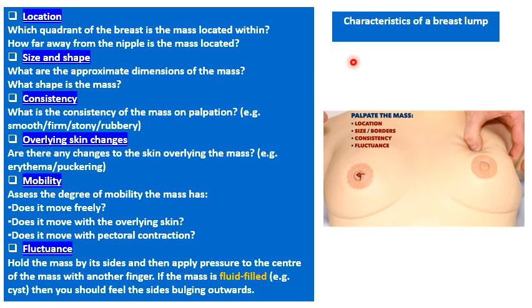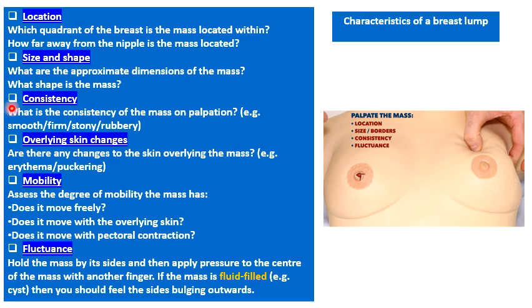Now the characteristics of the lump are a very important feature to determine whether the lump is malignant or otherwise. The location of the lump, which I already mentioned, how far it is from the nipple, is very important. Which quadrant of the breast it is located in is also equally important. The size and shape of the lump: what are the approximate dimensions of the mass on palpation? What's the shape of the mass? Consistency is of utmost importance,